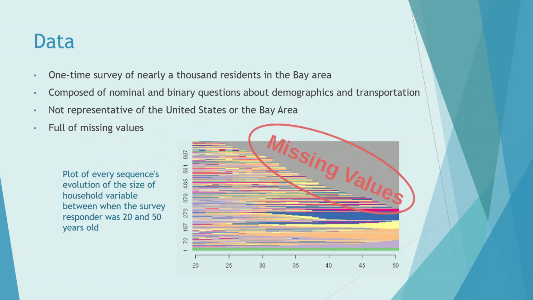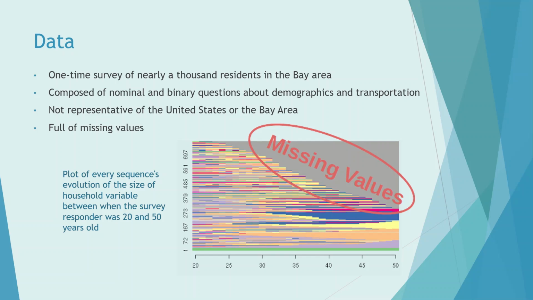To help test the procedures, we used a one-time survey. The survey asked respondents about both demographical and travel information for each year from when they were 20 to when they are 50. By including respondents under the age of 50, we introduced gaps. There is no way that the respondents could know the details of their lives at 50 if they're only 35. We set out to prove that despite the missing values, we can cluster or group the demographical data to predict